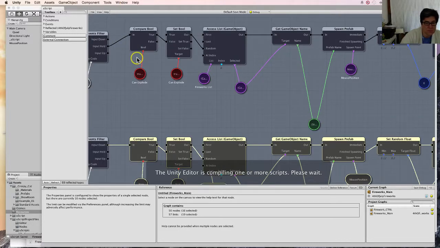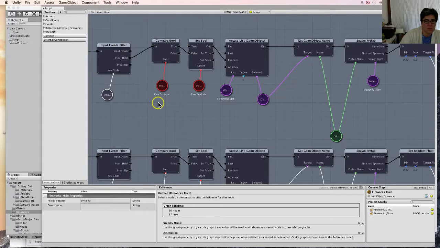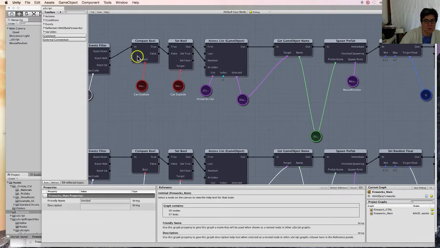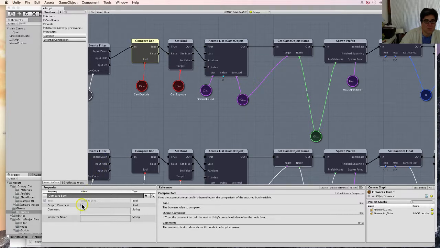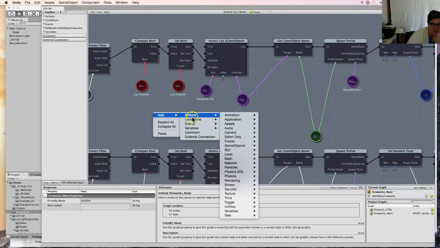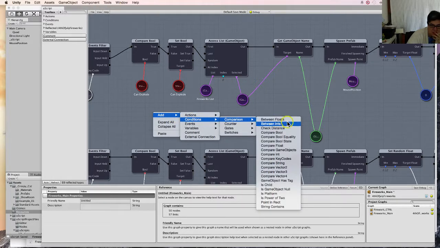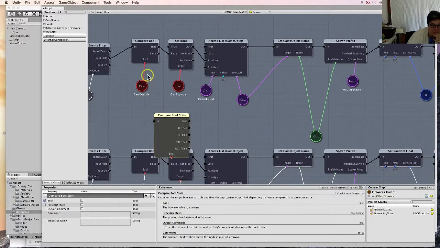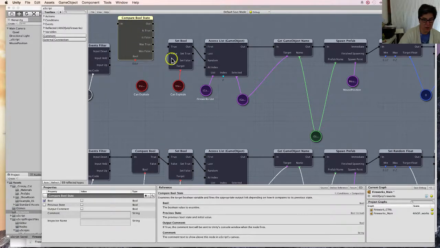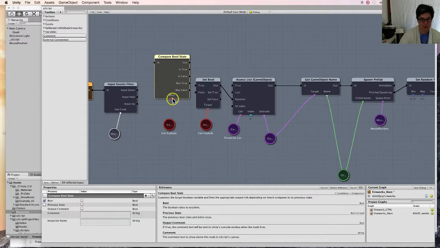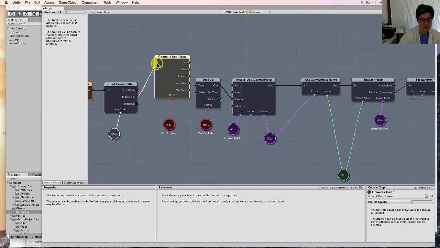Oh, let's see here. Oh, yeah, I'm actually closing my window. Instead of compare bool, let's do condition comparisons. Compare bool state. Okay, there we go. What's happening is only when it's true is the signal going through, so I'm getting a full stop, right? So let's go here. When the input is held or down,